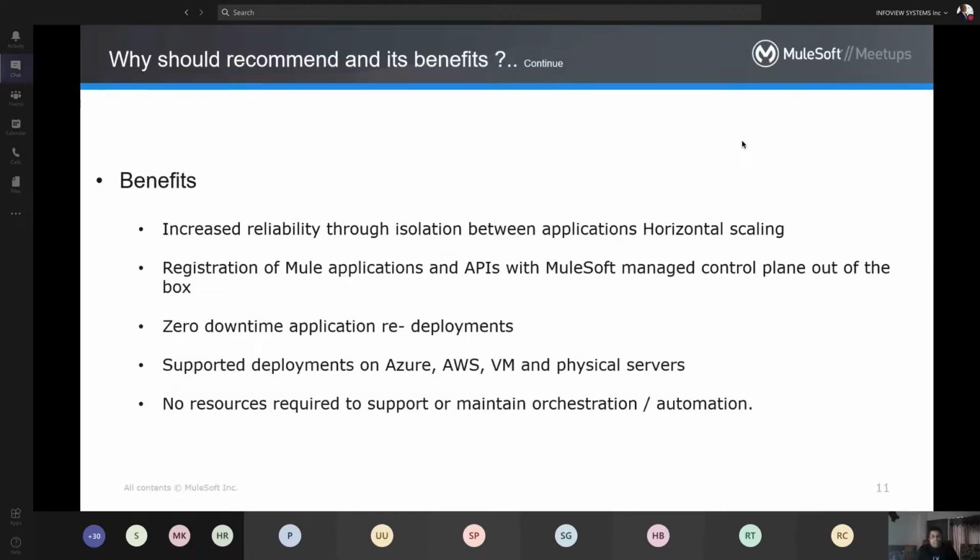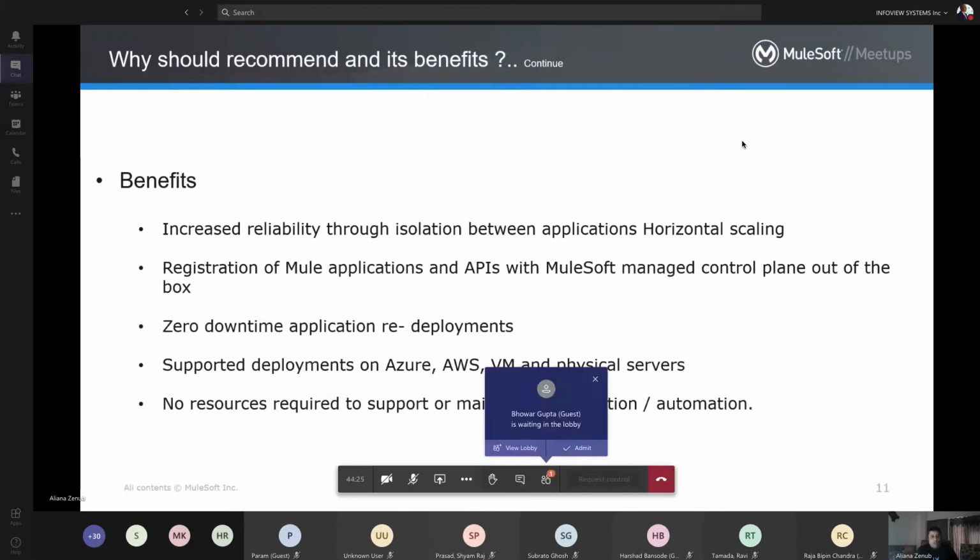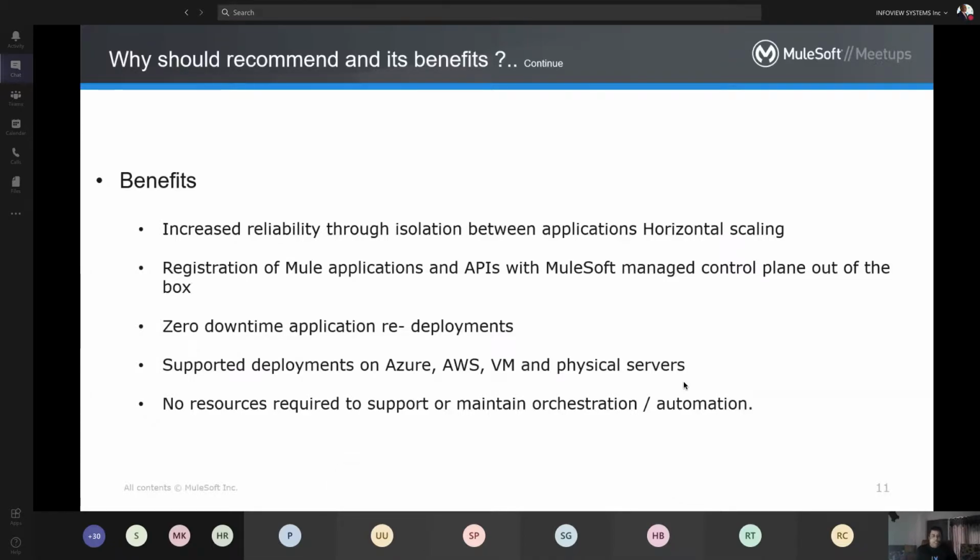With all three, we can deploy and implement policies on the APIs deployed in Runtime Fabric.